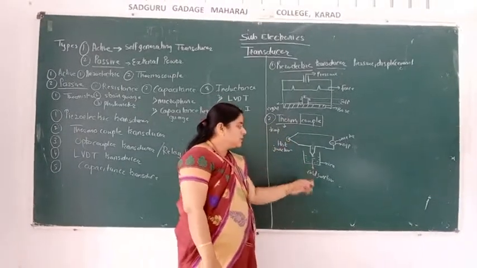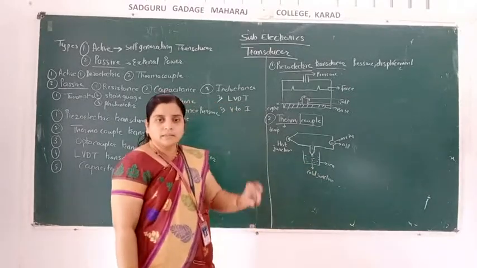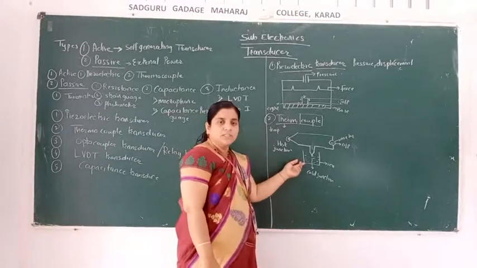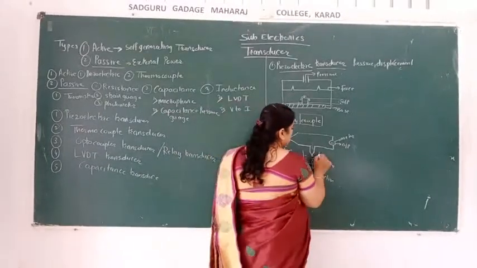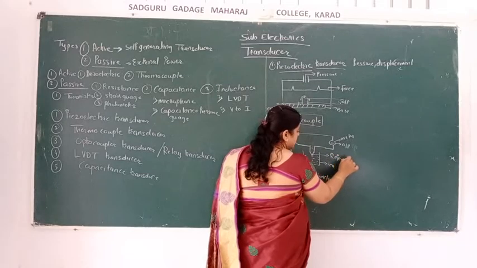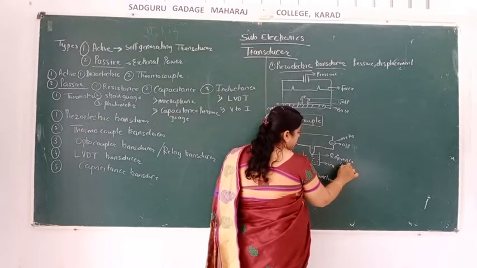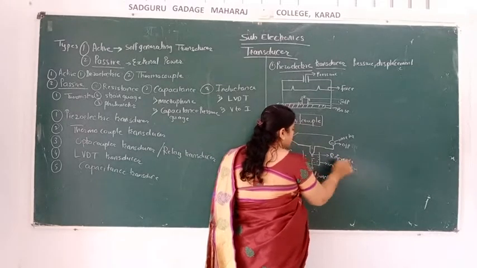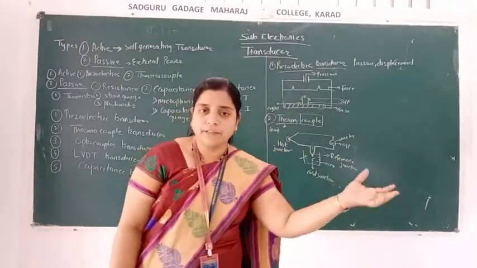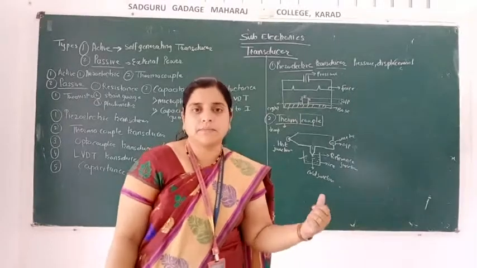Then this output is adjusted by this cold junction, and it is also called the reference junction, because reference voltage is there. Reference means what? I take the reference of my friend. You told like this. Means what?